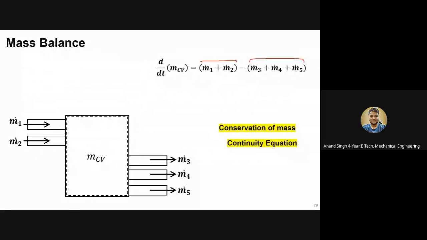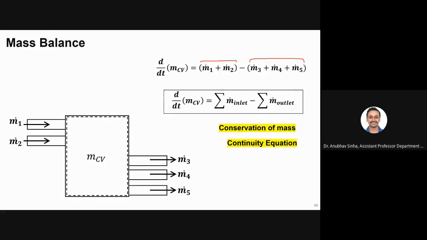So I can also write in this way. I can take summation over all inlet mass flows and outlet mass flows. So this is called conservation of mass or continuity equation. Okay. Now